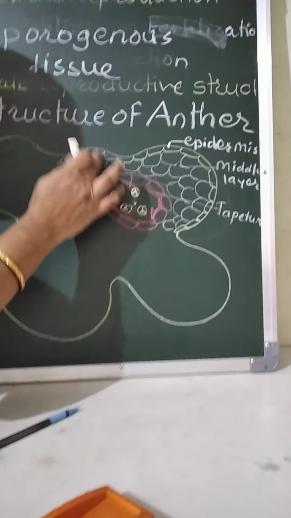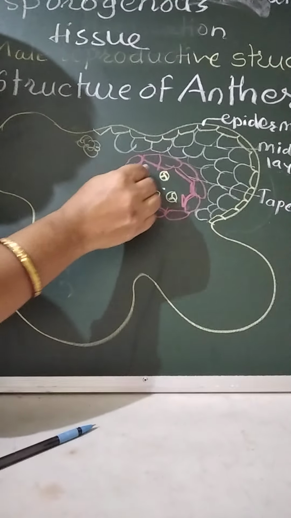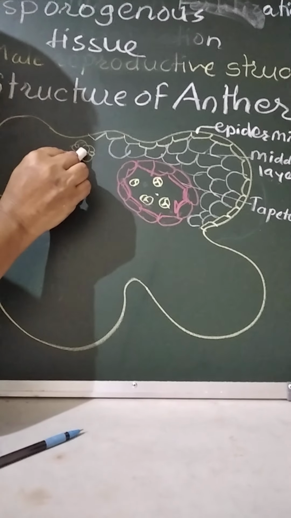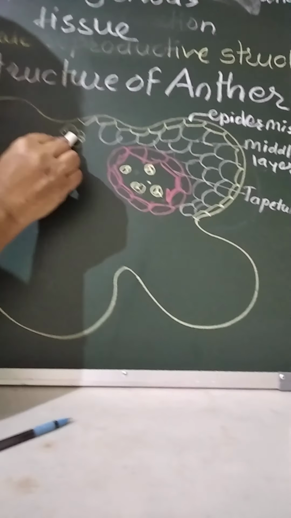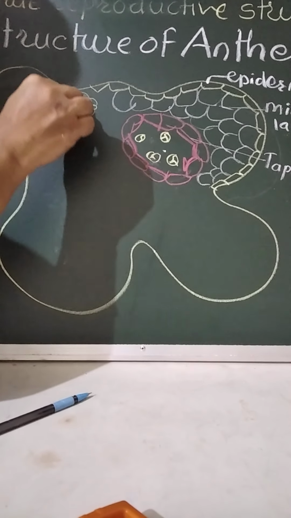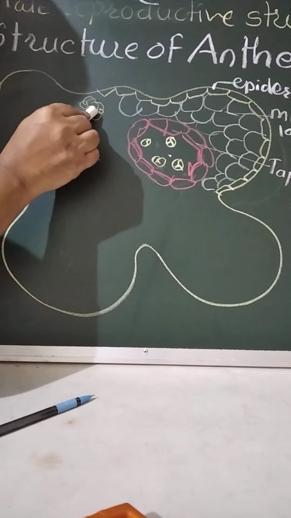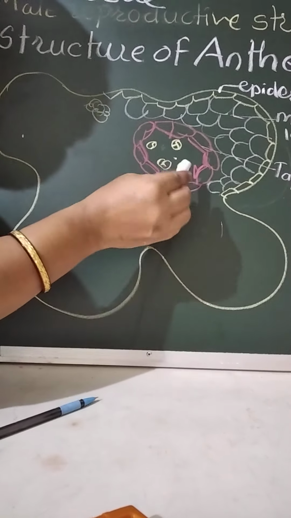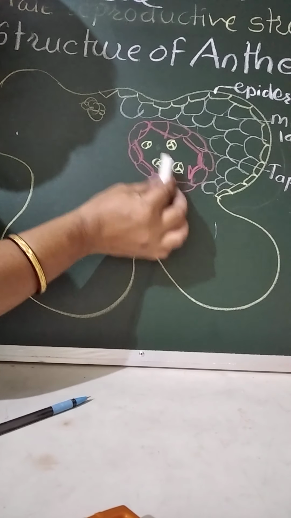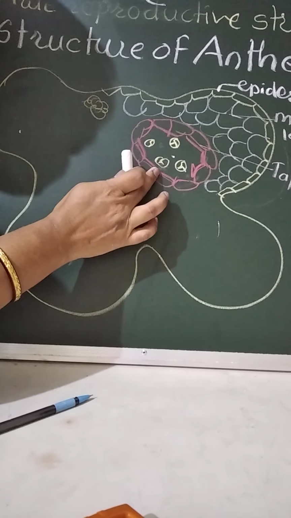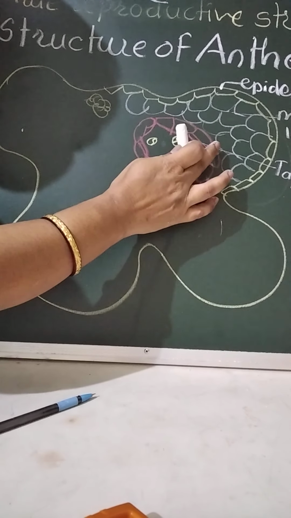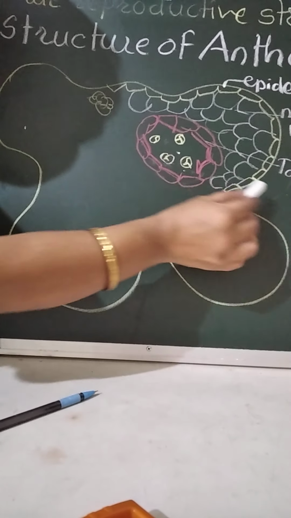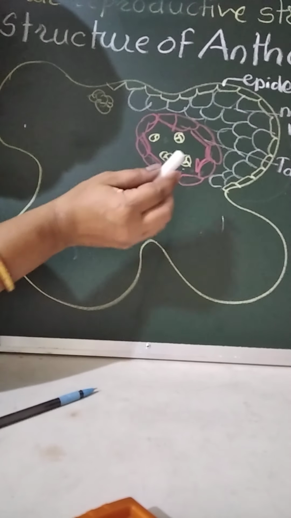This structure is present in all these 4 chambers. Centrally, the connective is present. This connective tissue supplies nutrition for this anther. These are present on one side, and these four chambers show the same structure. I have shown only one part, but all these four chambers show the same parts, that is epidermis, middle layer and tapetum, and inside this tapetum there is a formation of pollen grain structure.